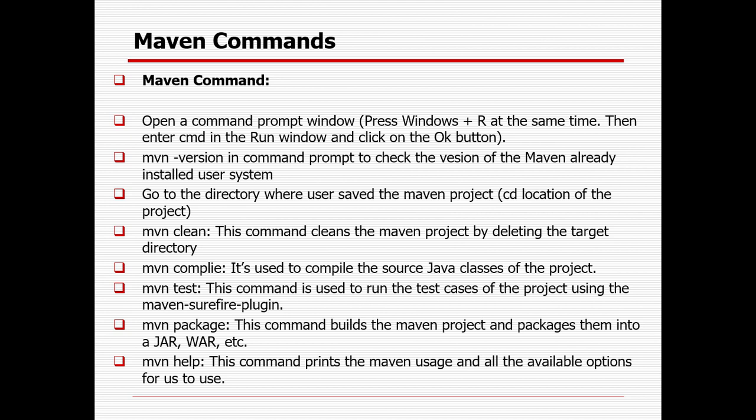One of the most important advantages is that in case you are creating a Maven project, if you just know the path of the project, you can still execute it from Maven. Suppose your Eclipse is not opening, you can still execute those commands with the help of the command prompt. That is another advantage. All the advantages you can get to know one by one. So this is the Maven version I can check.